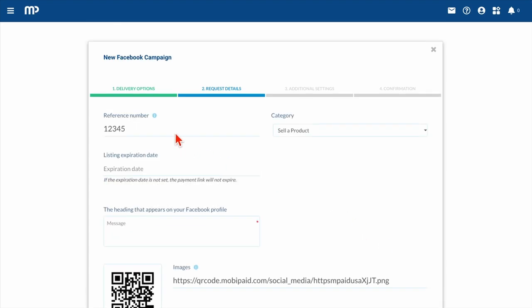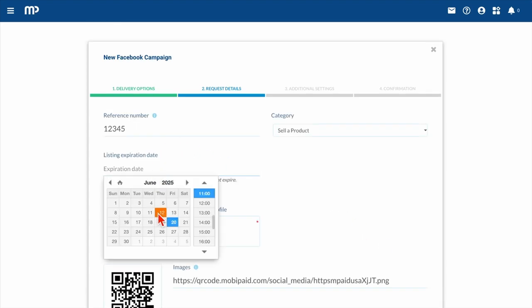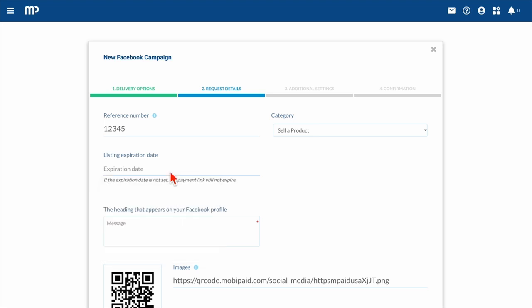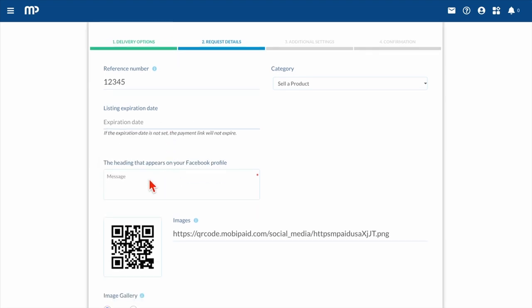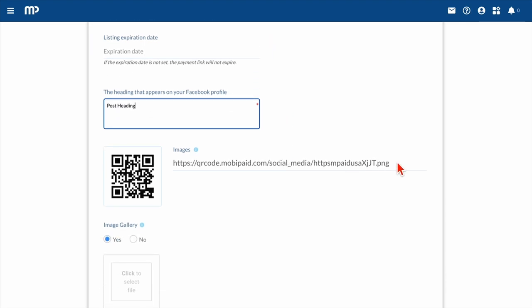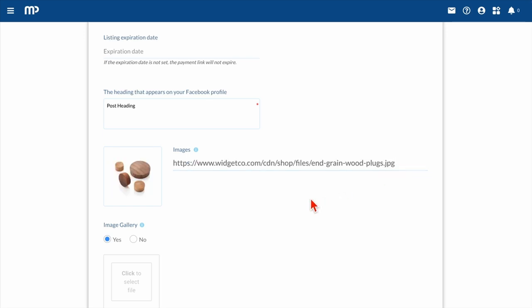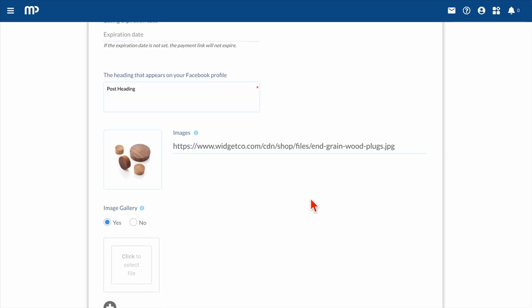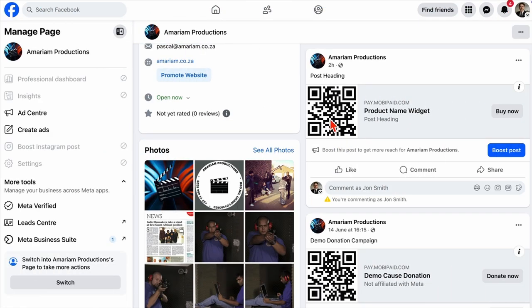When you sell a product, you can set an expiration date and time, or you can leave this field blank with no expiration. Next, you are required to enter a heading that will appear on your Facebook profile if you have chosen the Facebook post option. If you're posting to Facebook or LinkedIn, we recommend that you include an image to make your post more appealing. If you do not include an image in your campaign setup, the QR code will be displayed on your social